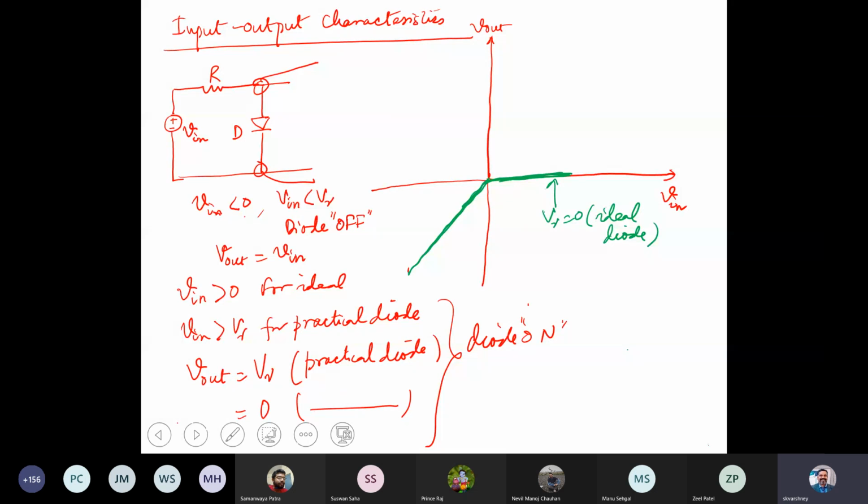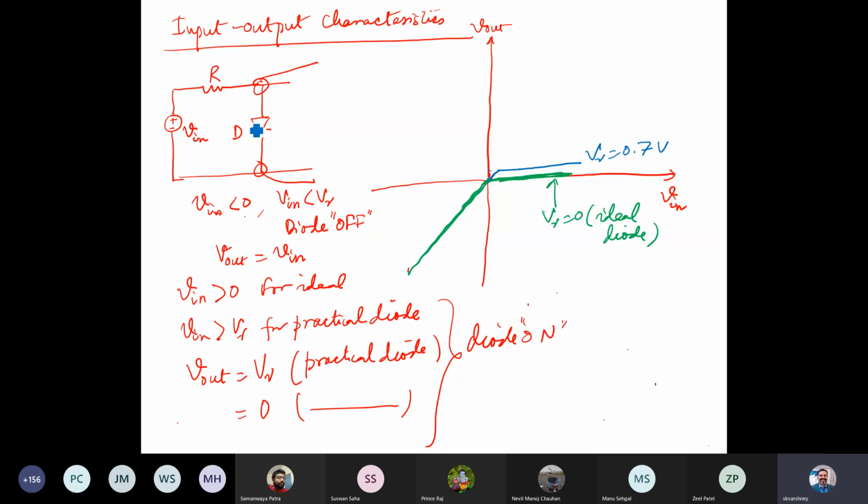And for the case of the practical diode, V gamma is 0.7, so somewhere here at 0.7 this curve goes, and then what you get is a V gamma of 0.7 volt or 0.6 volt. Somewhere it is mentioned 0.6, 0.65 or 0.7, so I've taken 0.7 as a standard right now. So in the characteristics which we plot here, our input is on the x-axis and on the y-axis you get the output, so this we call an input-output characteristic.